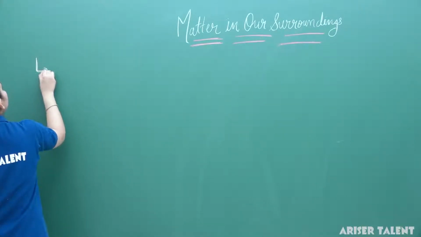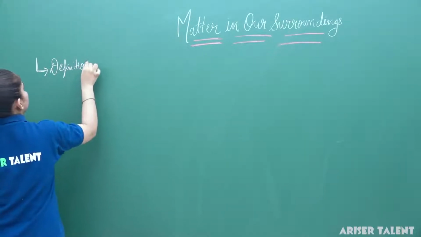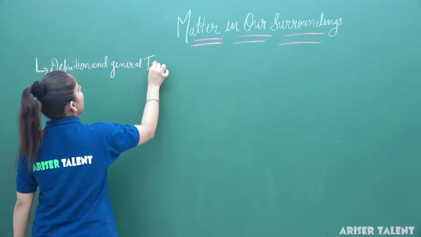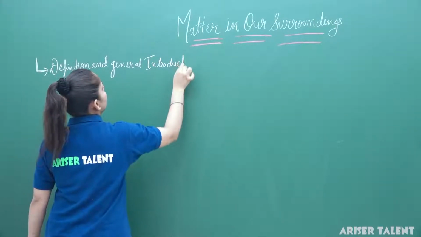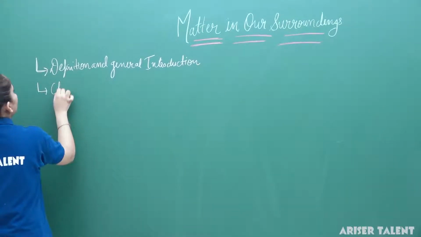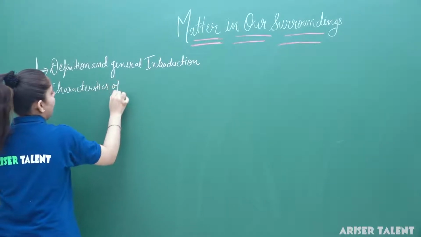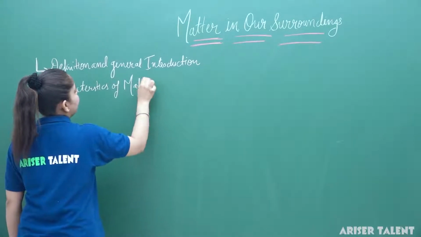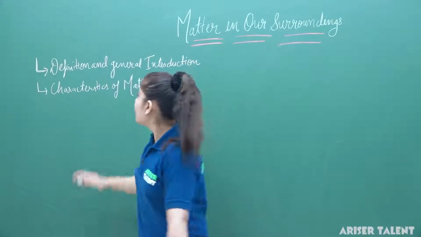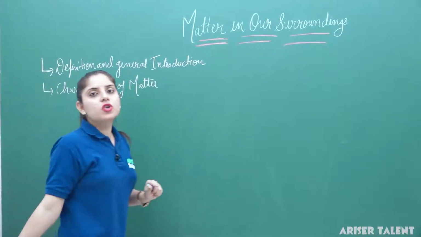Firstly, we have discussed the definition and general introduction of matter in our surrounding. Secondly, we have discussed the characteristics of matter with the experimental proofs, and we have seen some experiments regarding these characteristics of matter. In these characteristics, we have discussed two terms, that is diffusion and the Brownian